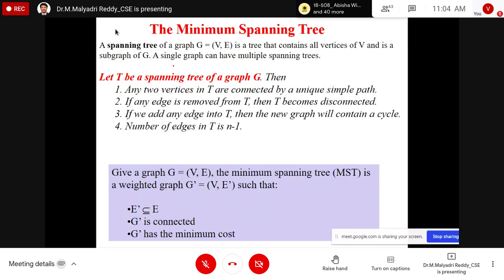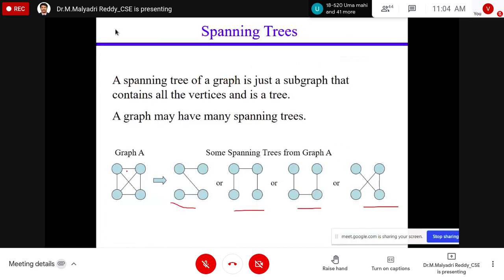So the basic rule of spanning tree is: a spanning tree of graph G is a tree that contains all vertices. It is important, and it is a subgraph, because it is derived from the main graph by removing the corresponding edges. So we can build multiple spanning trees. Multiple spanning trees means multiple feasible solutions. Suppose this is the graph, this is one solution, this is one more solution, like this. Among the multiple solutions, I choose the best one by using the MST concept.